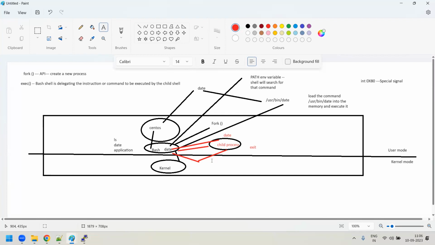There are many tasks where bash itself will do the work. It will not give the responsibility to the kernel. There are many occasions like that, many places where bash itself will do it. For example, if I want to tell you a little bit more,